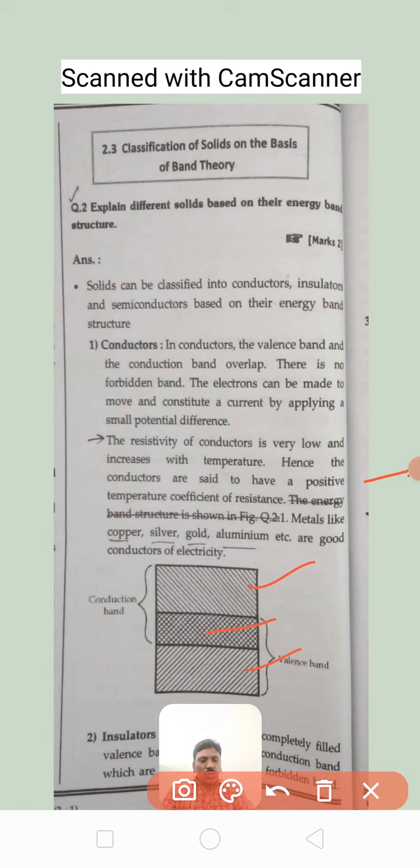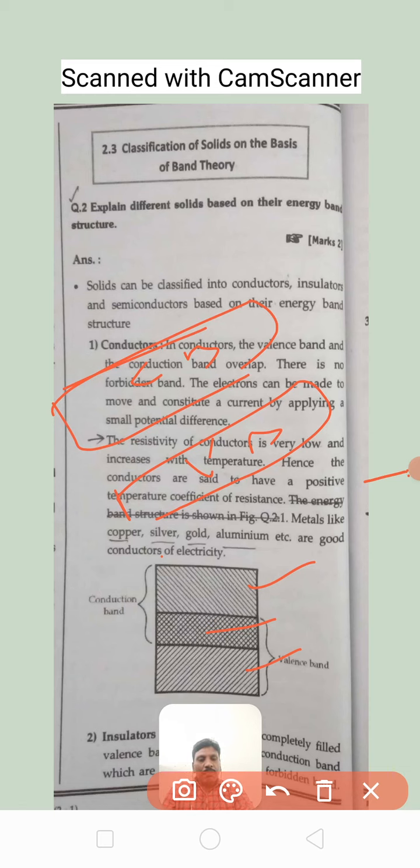And there is no gap provided between conduction band and valency band, you can see, and they are overlapped to each other. For example, in the previous class also I have explained in the introduction. And this is CB, nothing but the conduction band, this is VB, nothing but the valency band, and there is a gap now.